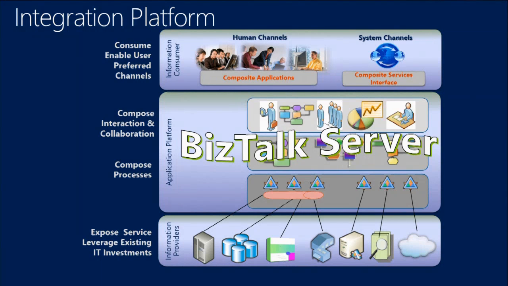And what is the need for that brokering? Think of a scenario where part of my orders data and my customer data are in 2 different sources. Usually your customer information is stored on a CRM system, whereas your orders information is stored on an SAP or a SQL system. So how am I going to bring the 2 together for a given scenario? A given scenario could be that I want my field personnel to be able to access it from their mobile devices or from their web application, wherein he wants to know what the orders relevant to this particular customer are. For that time, he just wants that little glimpse of it.